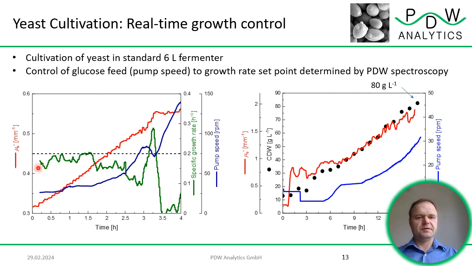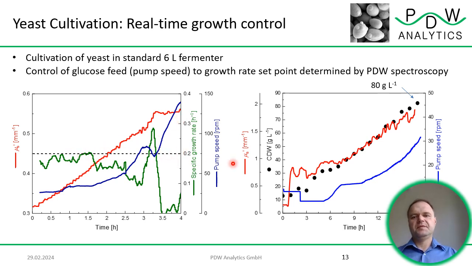How is that? Well, the scattering coefficient relates very strongly to biomass. And if an increasing scattering coefficient means increasing biomass, of course, one has an inline signal for a specific growth rate, shown here in green, and if this is seen as a set point here of 0.2, then of course based on the inline signal the speed of the glucose pump can be controlled so that ideally an optimal growth